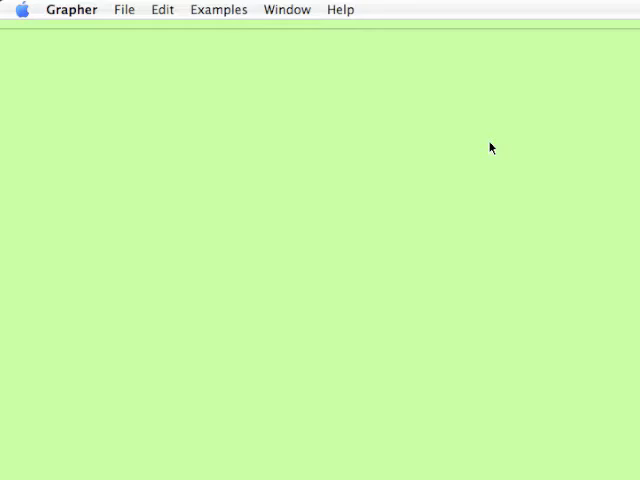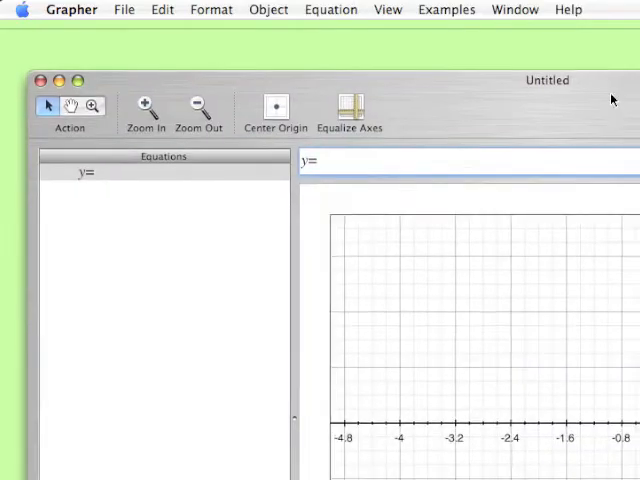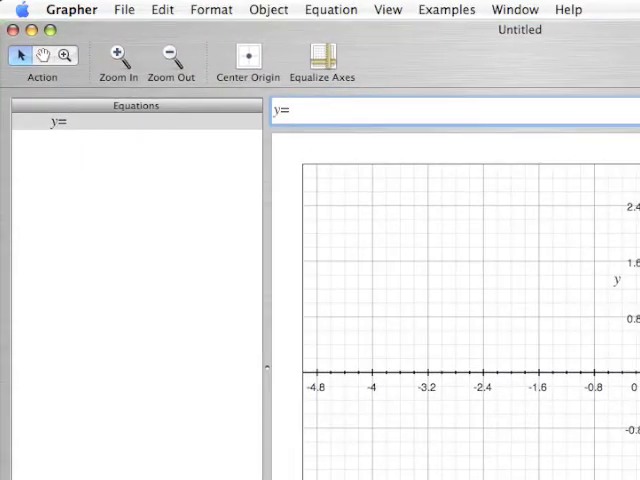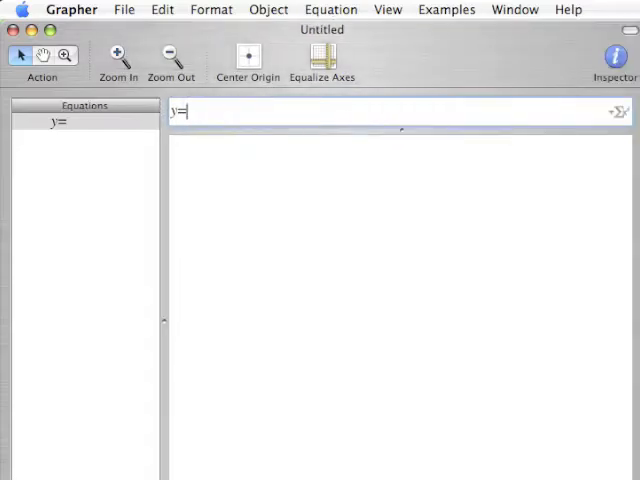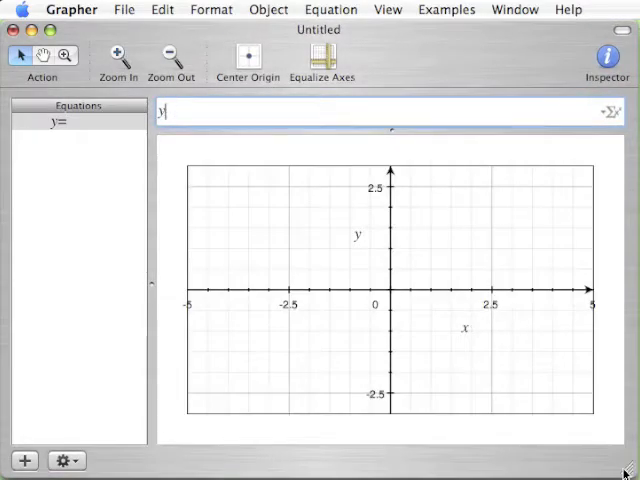And we're going to edit the shaded areas with the inspector. Let me open Grapher and move it into our viewing window. We're in two-dimensional mode, and of course, waiting for you to put in a y equals equation. Let's delete the equal sign and put in y is less than negative 2x plus 3,